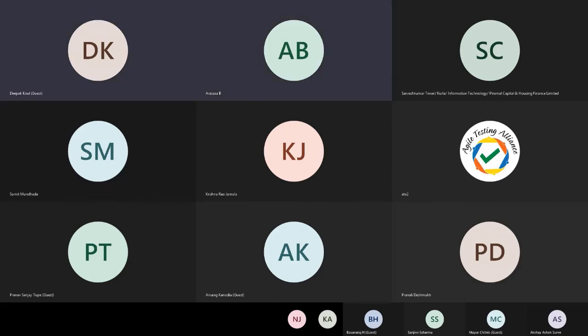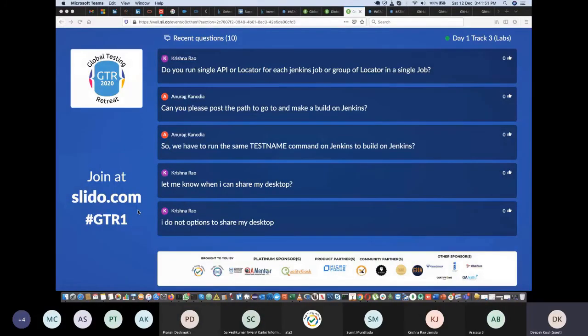Can you please post the path to go and make a build on Jenkins? I wish I could, because this Jenkins is my local instance. Even if I give you the path, you won't be able to access it, right? So what you need to do is either try it out on your own organization's Jenkins instance, or you can simply create a VM and download it.